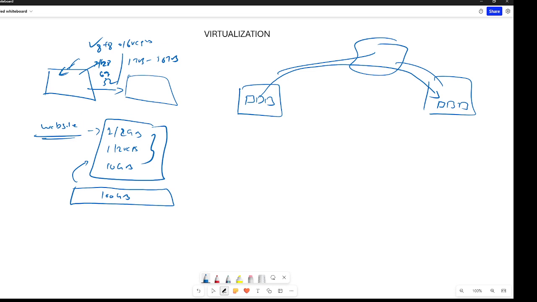You might be running a different application on a different port number, because a website will work on port number 443. Once you host this website on the server, you cannot use that port for a different application. All right, so that's the reason.